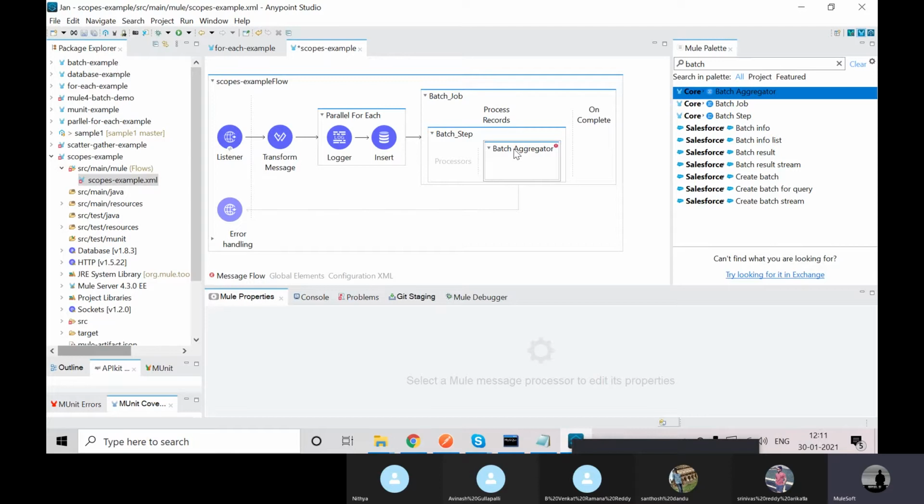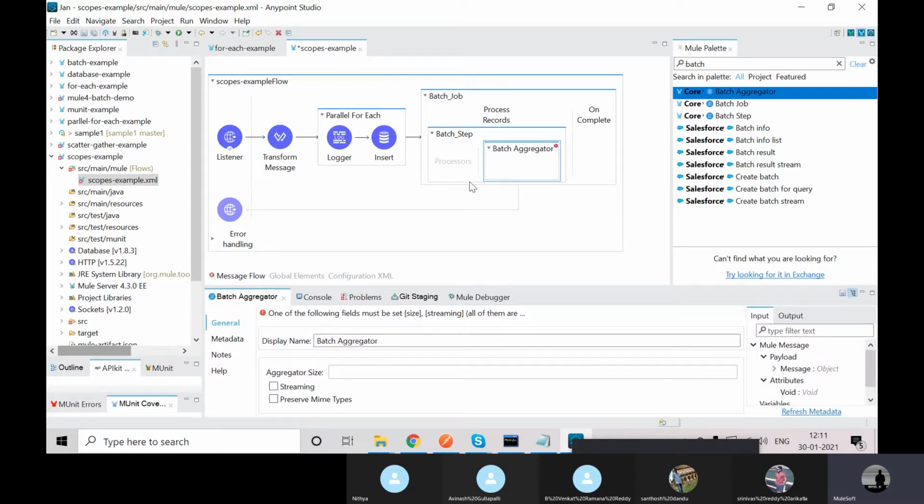What will batch commit and batch aggregator do? Inside batch commit in Mule 3 we can see the batch size, and inside batch aggregator in Mule 4 we can see the aggregator size.